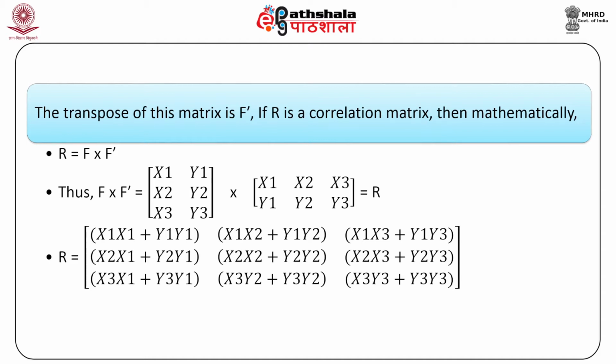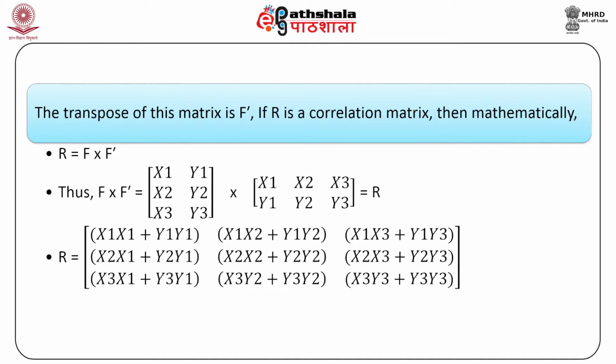Thus, F into F dash is equal to factor matrix 1, which is x1, x2, x3 and y1, y2, y3, multiplied by F dash matrix, which is x1, y1, x2, y2, x3, y3, which is equal to the correlation matrix